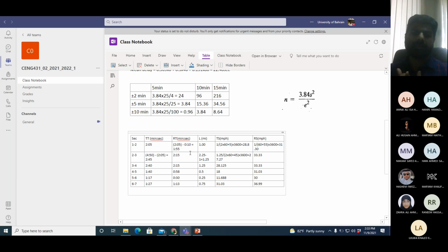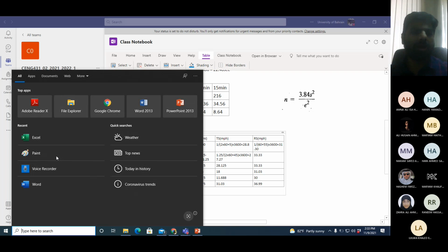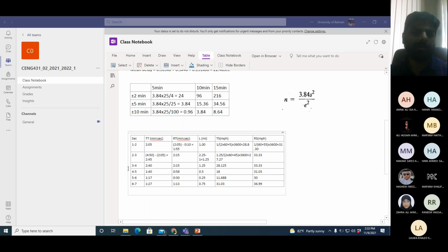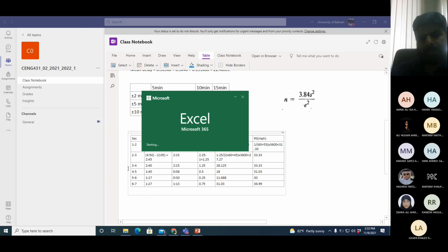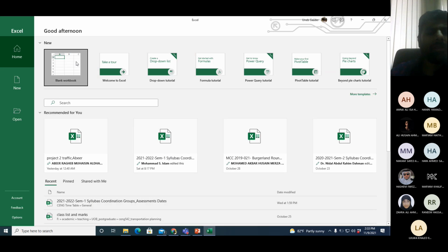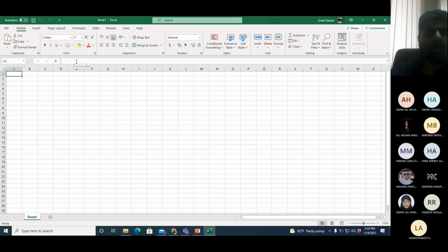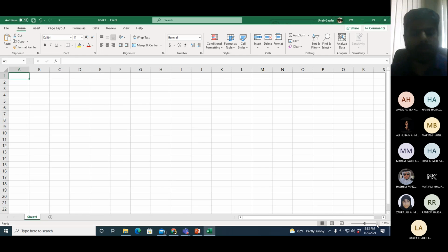Okay. The next thing, what is given in the question is to graphically represent these values. I don't usually do it, but I just thought that maybe you should have a taste of what you can do with Excel. Okay, so we'll do the plotting as well. I will show you the plotting. Okay, you will not do it. I will show you the plotting.